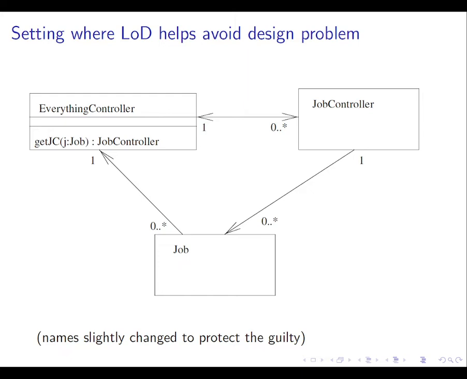Now, what's the relevance of the law of Demeter? Well, that situation that I just described, where the job code would go to the everything controller and do get JC, and then having got the JC, the job controller reference would send a message to the job controller by using that job controller reference that had just been returned from the everything controller. That code violates the law of Demeter. So if we had been told